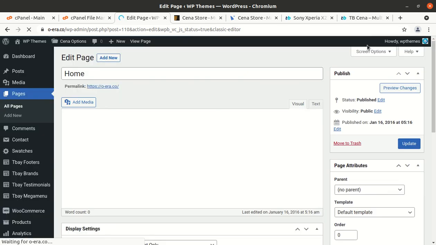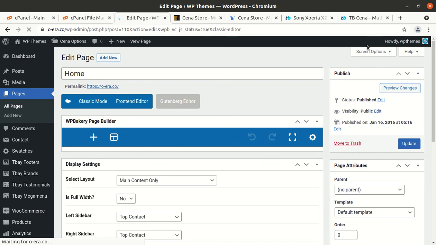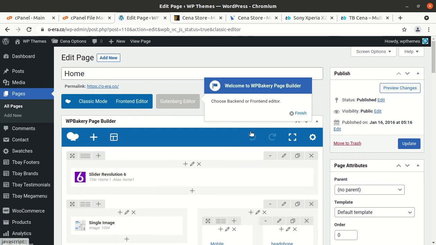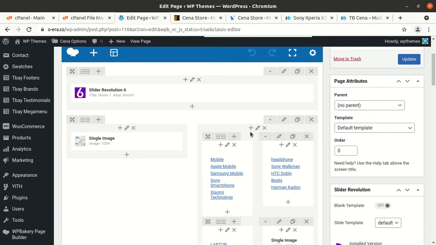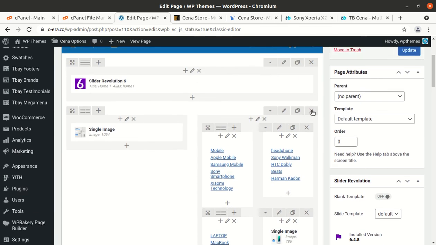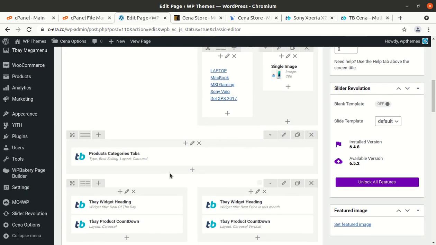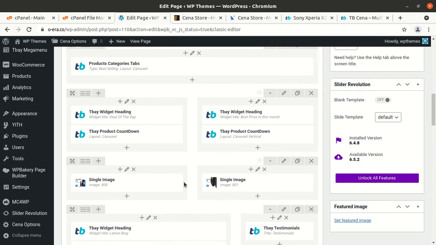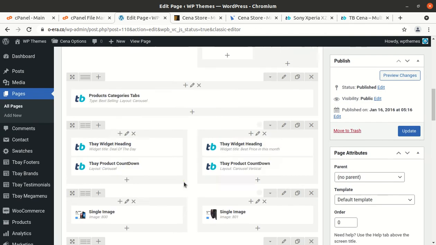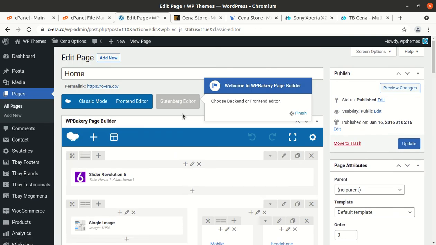I'll show you these options. So this is the backend editor using WP Bakery Visual Composer, and you can simply remove the sections which you don't want to use and edit the sections as well. Okay, so it is a very wonderful theme, of course, and you can customize this theme using the theme page builder options and all the available options.